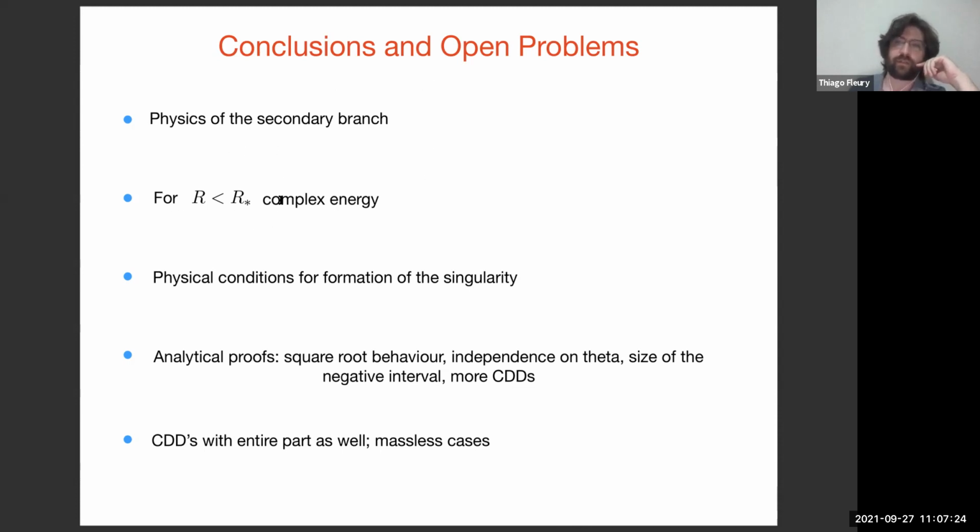It would also be very interesting to understand what's going on for R below this critical R. The energy becomes complex and maybe there is some decay, but we don't know what the product of this decay will be. And I think one of the main motivations of the work will be these physical conditions for the formation of the singularity, because one of the expectations was that the singularity would form because